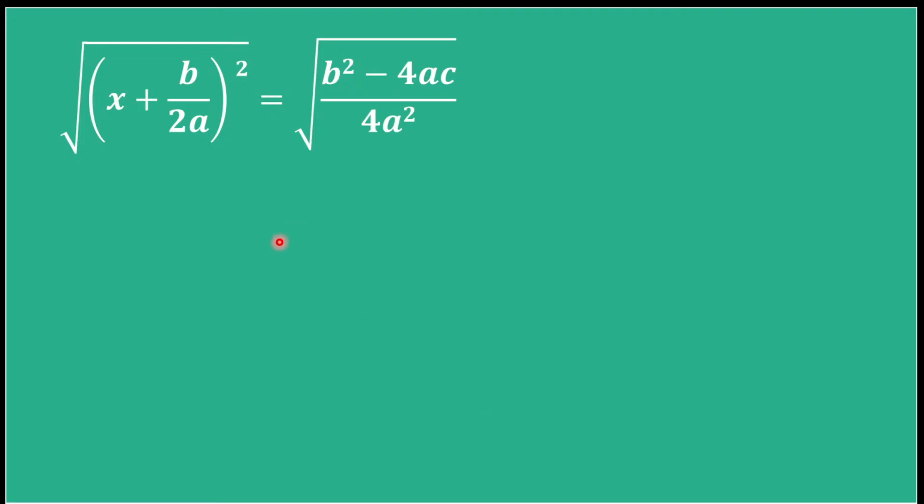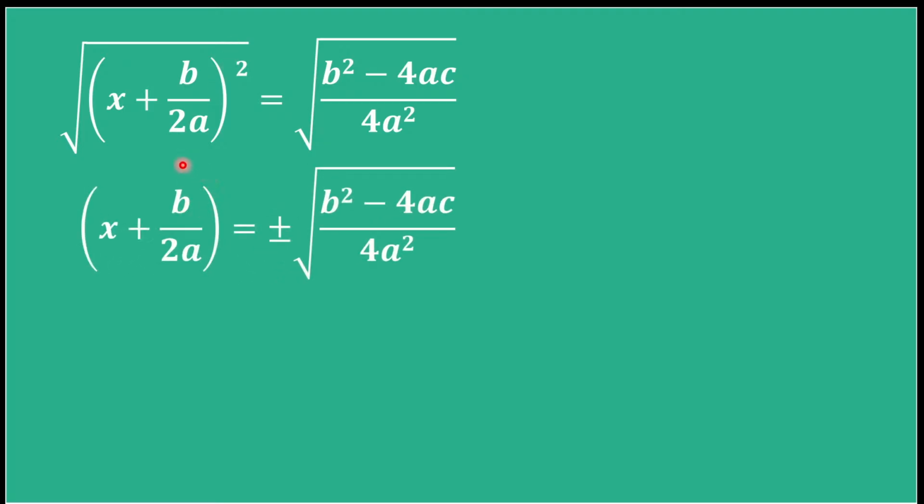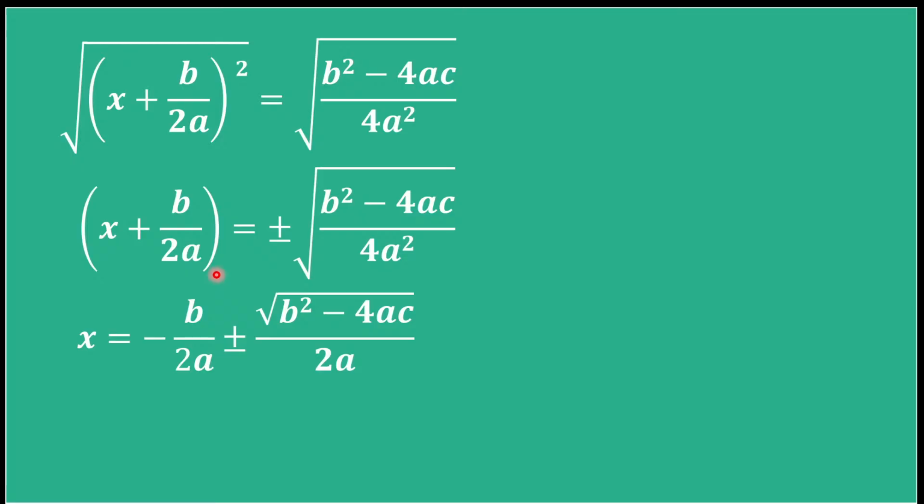And now we will take square root on both sides, so this square and this square root will cancel with one another, and after introducing the square root we have plus minus. So now we will send this b divided by 2a to the other side of the equation, or you can also say that we will subtract b divided by 2a on both sides. So now we will take